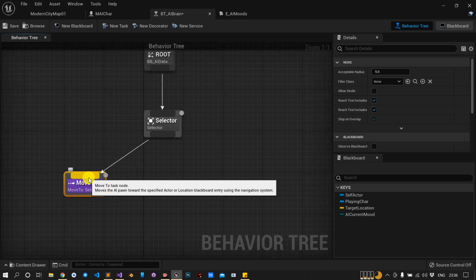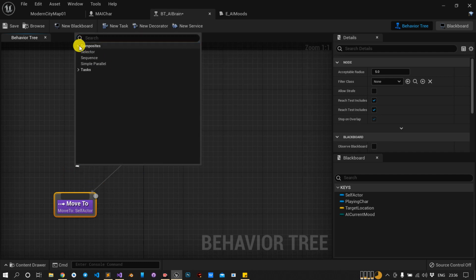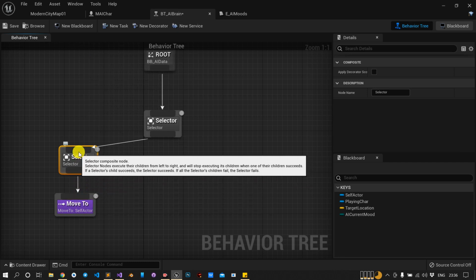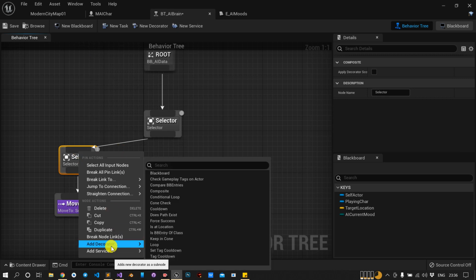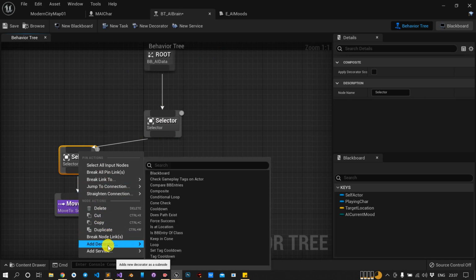But before that, I want to use, just wait a minute, a selector, I will put this, and here I will put a decorator. I haven't told you about the decorator, so just bear with me for a minute. I have told you about the composite node and the task node. So the third type is the decorator node.